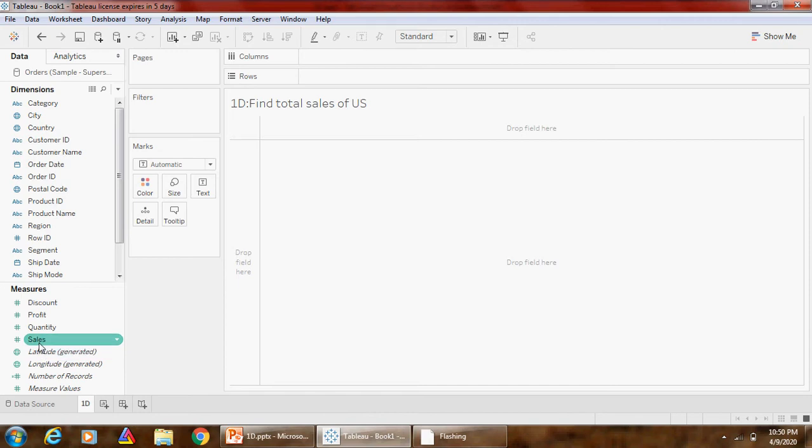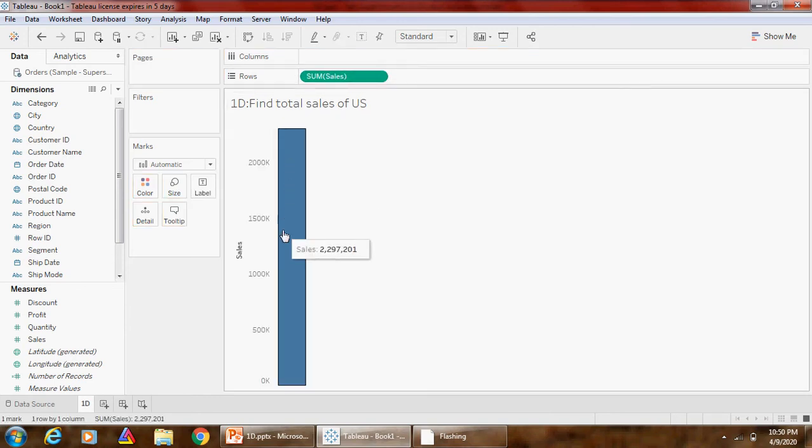Now from measures, select sales and drag it onto rows. So you'll get this bar chart, and here you can view total sales of US for all the 4 years. Now you can even view sales by each year.